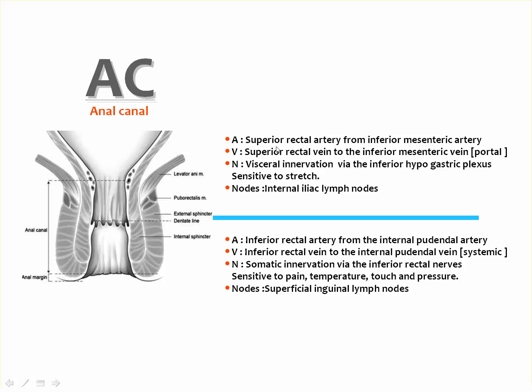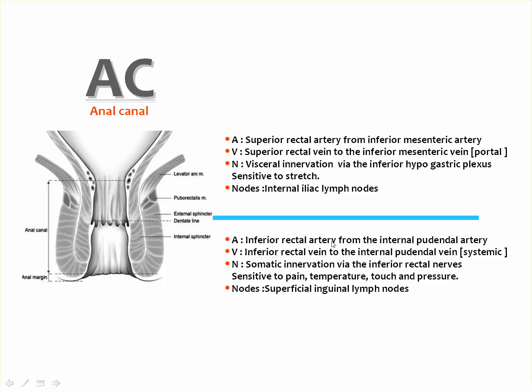The arterial supply for the upper part is from the superior rectal artery, which is a branch from the inferior mesenteric artery. The venous drainage goes to the superior rectal vein, which goes to the inferior mesenteric vein, and this is portal circulation. The nerve supply is from the visceral innervation of the inferior hypogastric plexus, which is sensitive to stretch. The nodal drainage is to the internal iliac lymph nodes,